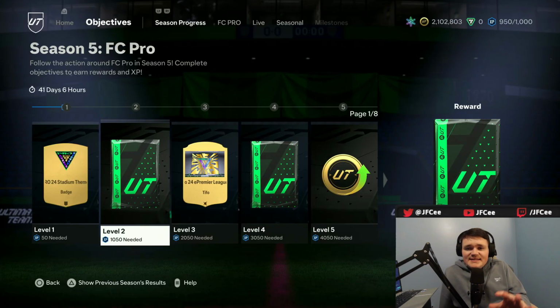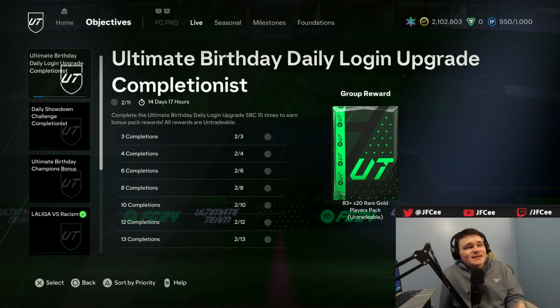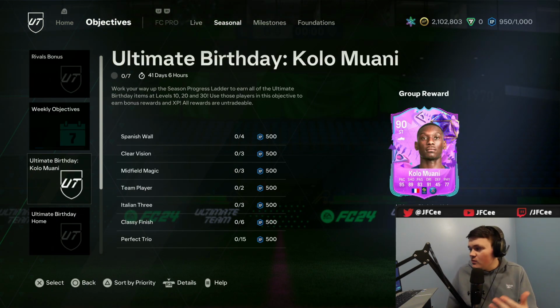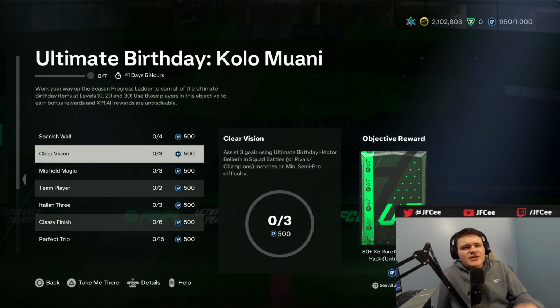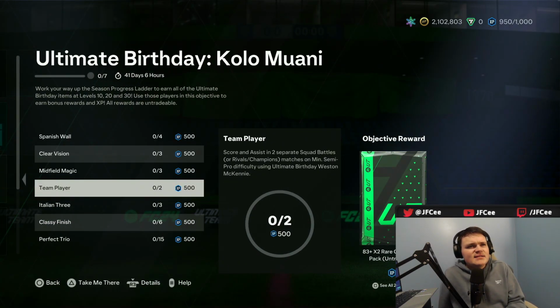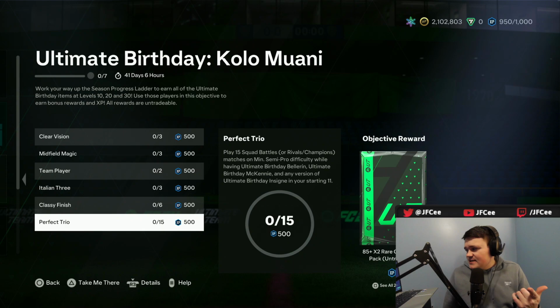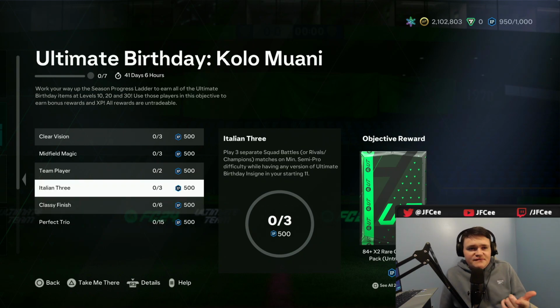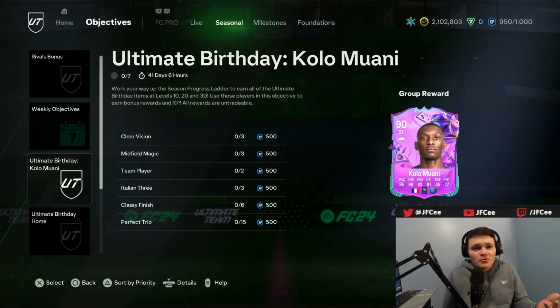We talked about the new season in yesterday's video. If you want to see the live reaction to that, you can, but it did come out finally what that Kolo Muani actually was, and it is an objective, and it's free to get, which is awesome. Now you can't get it right away, which is fine. You are going to get it as the season goes on, but I think you need all of Bellerin, McKennie, and Insigne. Yes, right? You need to play 15 games with all three of them in your starting 11. But you also get very good packs, like an 85 times 2, an 84 2, 84 2. You do the objectives and get packs,